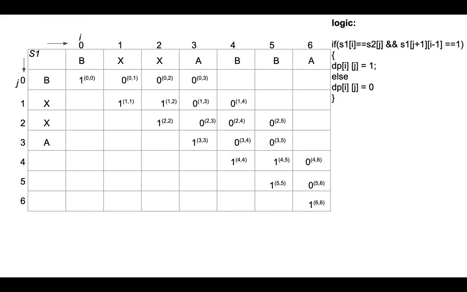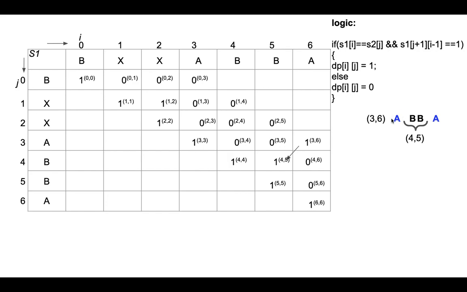So if there is a match, what this logic says is we have to move to the diagonal block, and if the diagonal block value is 1, that means this string is also a palindromic string. So move to the diagonal block and check the value. Yes, the value is 1. That means this cell is also representing a string which is a palindrome. So let's see this example and understand how we are using this logic.